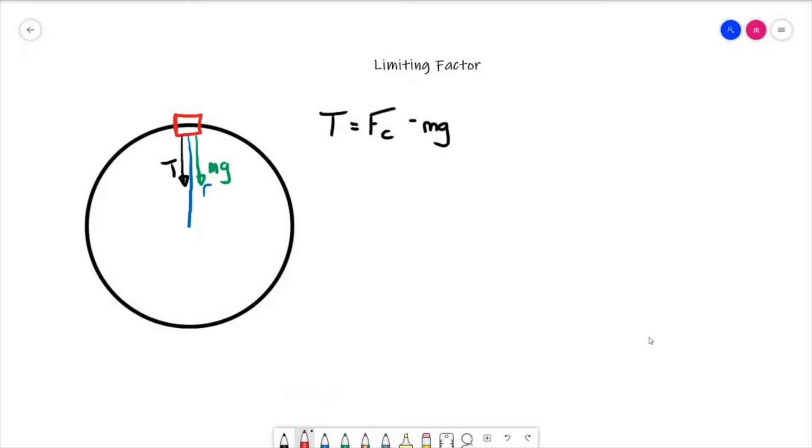Now, when we think about limiting factors, in order to keep our object moving in a circle, this tension here has to have some minimum value, and that minimum value is 0. As long as the tension doesn't fall to zero, or doesn't, I know we can't get below zero, but mathematically doesn't get below zero, as long as we keep some tension in that string, the object will continue to rotate